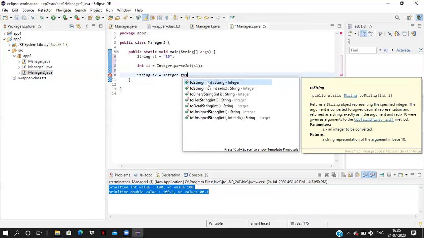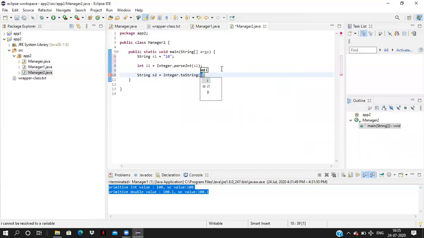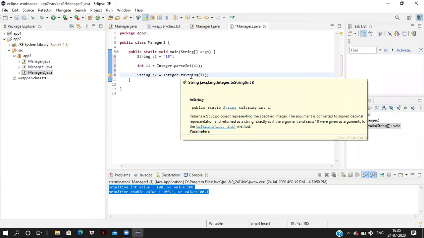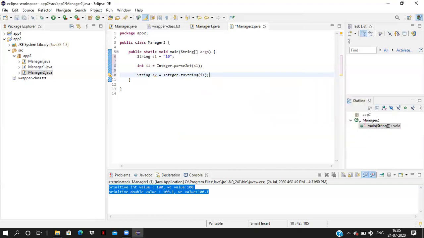Here, if we go and see this method, toString is also a static method, public static String toString of int primitive type. If you pass the primitive type, we can convert the primitive type value to the string type by using this method. Now first, sysout, Control space.